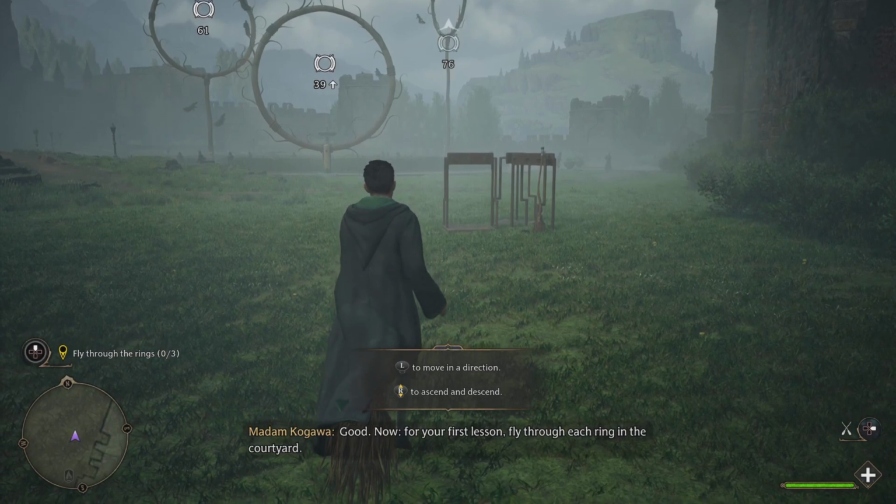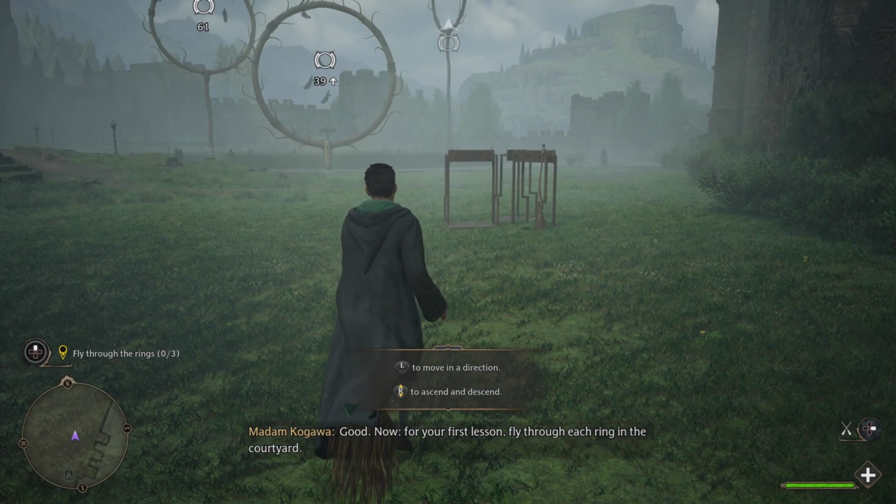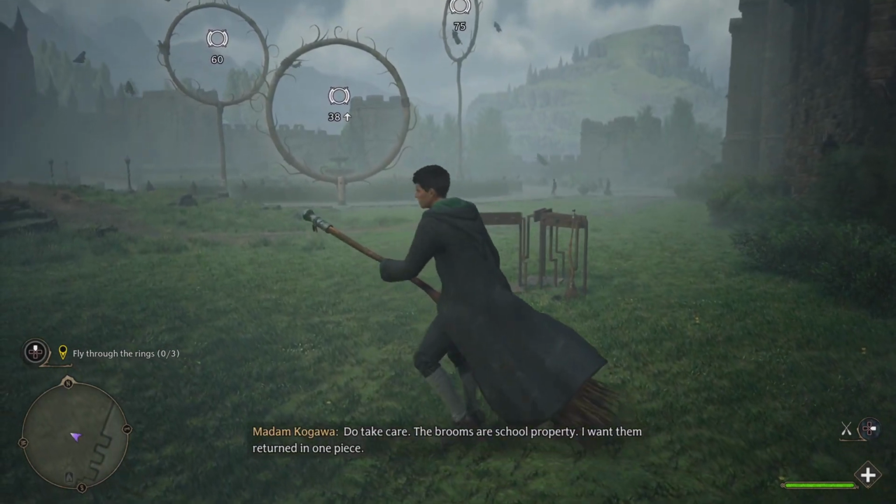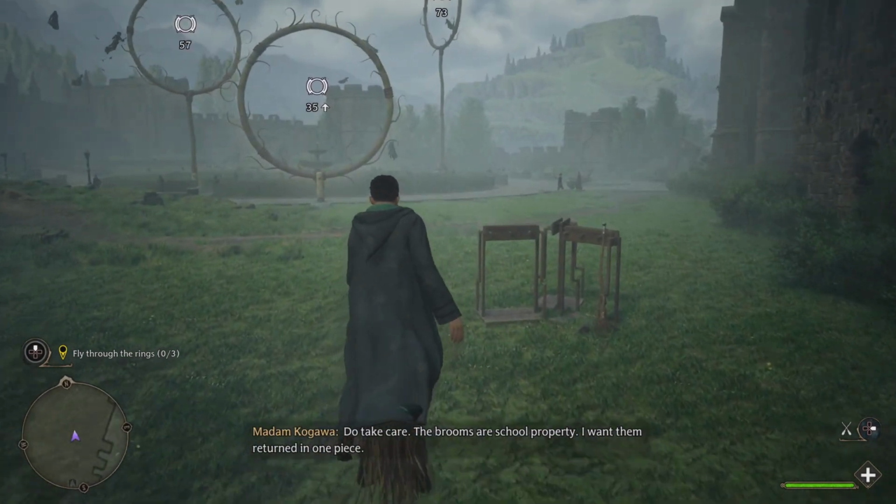Good. Now, for your first lesson, fly through each ring in the courtyard. Do take care. The brooms are school property. I want them returned in one...